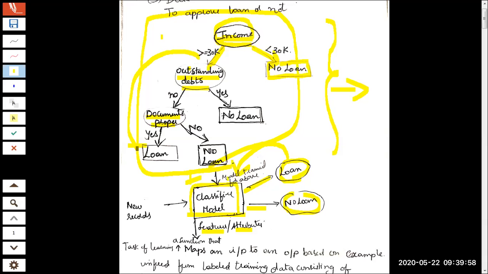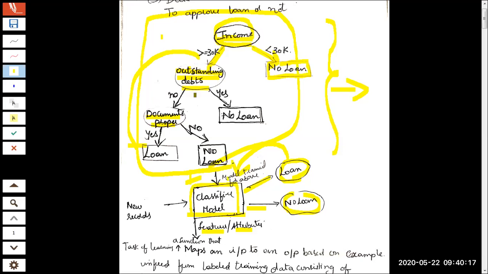What is the other criteria? The other criteria here is, does he have any debits? Pending debits to the bank, maybe to the same bank or other banks. Now everything is centralized. So even if you have debits in other banks, that may be taken into consideration when a decision is being made.